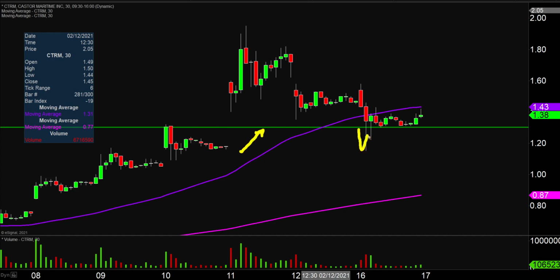to give full credit where credit's due, not only did the price get back above that area, but then you can see the rest of the day did a beautiful job of just bouncing around and staying up above that area. So good to see that that $1.30 mark is indeed holding that support. And moving forward, I'm not going to call that a do or die level, but preferably speaking, in terms of what would make the chart look the absolute strongest going forward, having the price stay above that area would definitely be a good step and good sign in the right direction in terms of the overall trend still